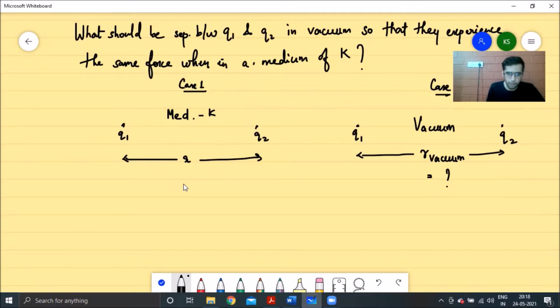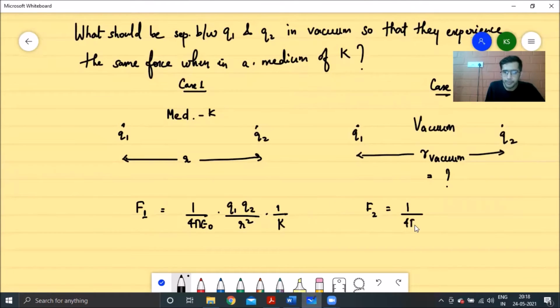So writing down your Coulomb's law for this. What would be the force acting between these two charges when they are placed in a medium of dielectric constant K? That would be, the force in case 1 would be equal to 1 by 4 pi epsilon naught Q1 Q2 by R squared into 1 by K. It's divided by a factor of dielectric constant K. So this will be the force acting in the first case. What would be the force acting in the second case? The force acting in the second case would be equal to 1 by 4 pi epsilon naught Q1 Q2 by R vacuum